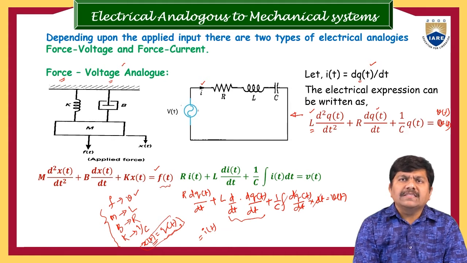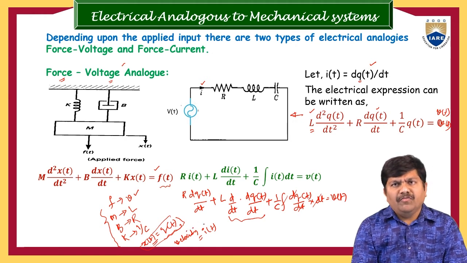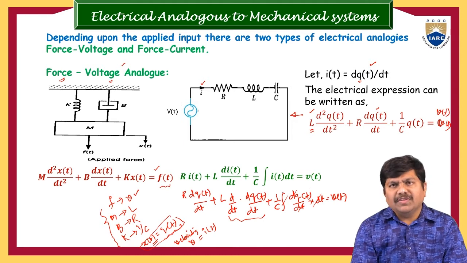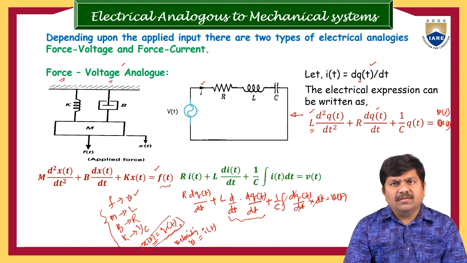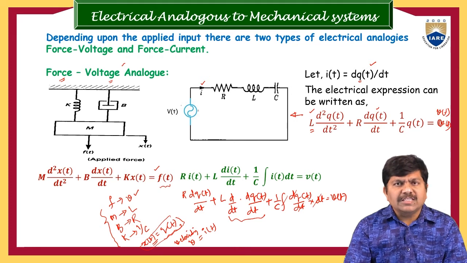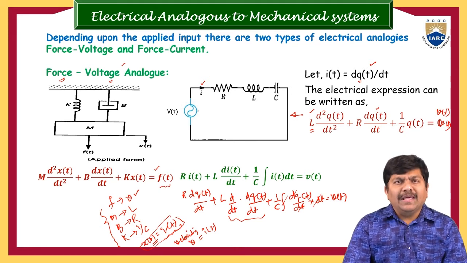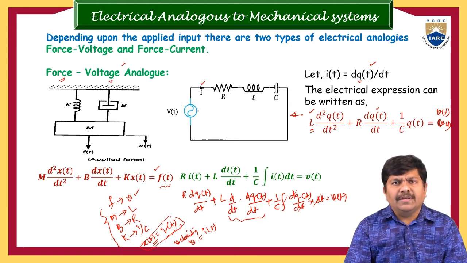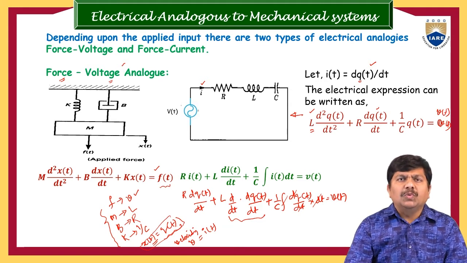So on the left side, dx(t)/dt is nothing but the velocity. Be careful: generally velocity is also represented with v, and sometimes voltage is also represented with V. So you have to observe carefully which one is velocity and which one is voltage. These are the set of analogous parameters we can develop by comparing the equivalent second order differential equations of mechanical and electrical systems. And one more thing, this is the set of analogous parameters if voltage is equivalent to